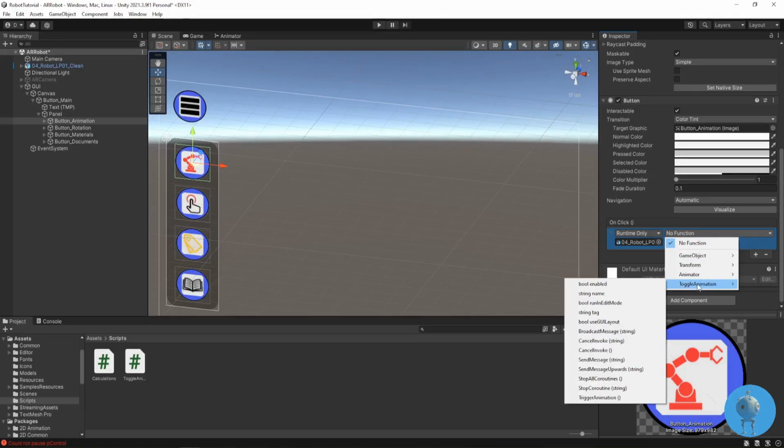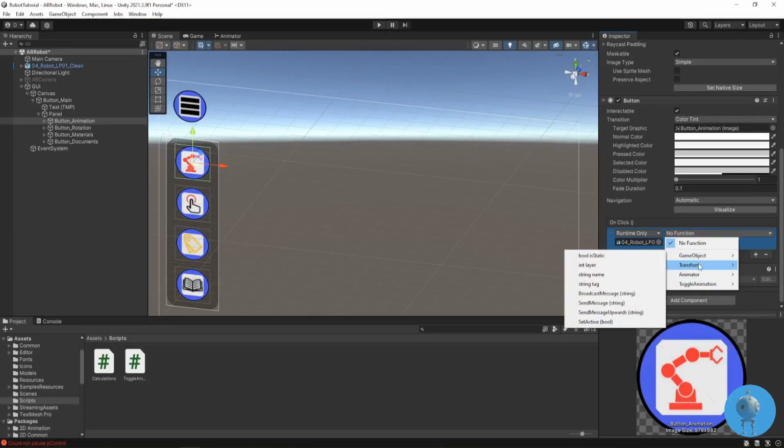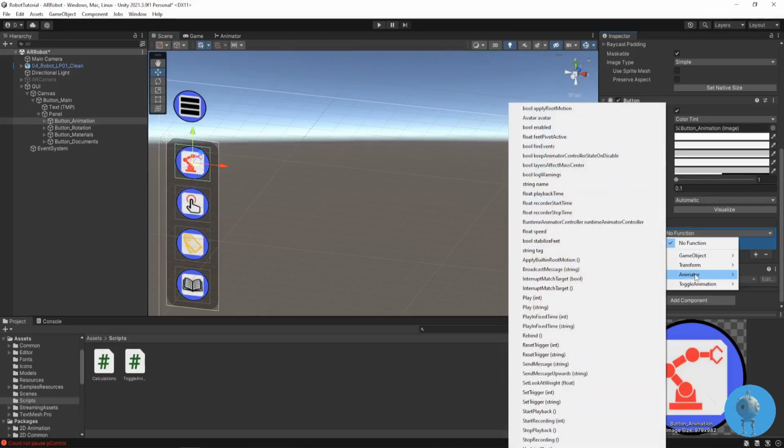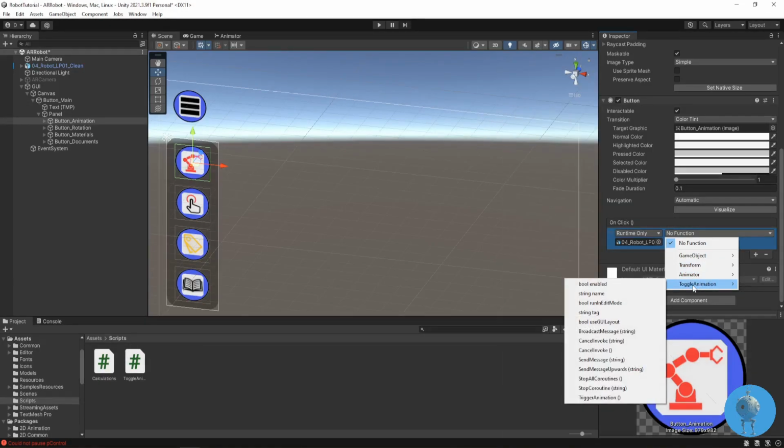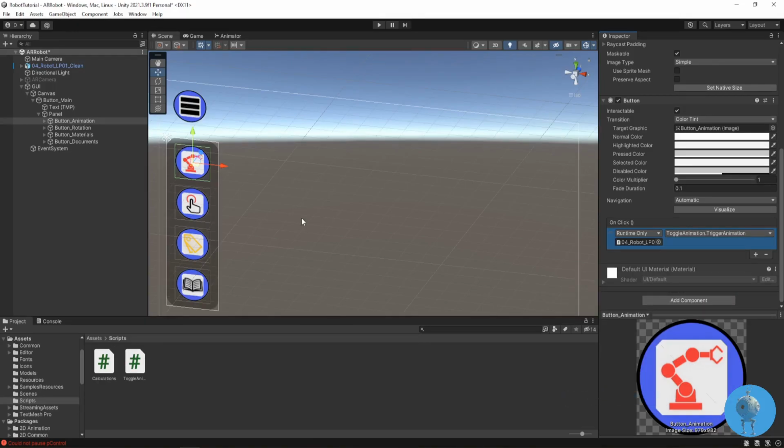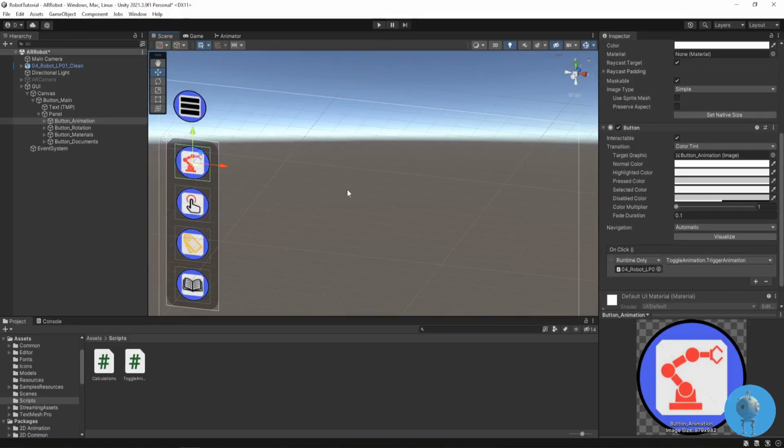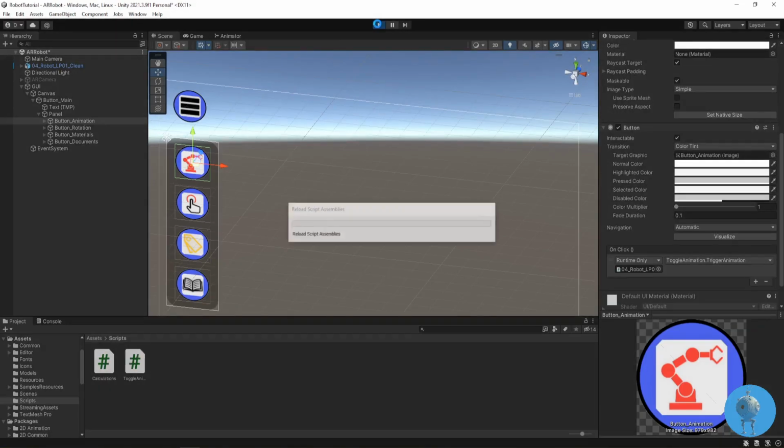The script is here. So it's a game object. It has a transform component. It has an animator component and a toggle animation. Now inside of this toggle animation script, we need to find our function, and that's called trigger animation. So this button now has a reference to the robot component and then to the animator component, and it has access to the Boolean function. If we start the game view now,